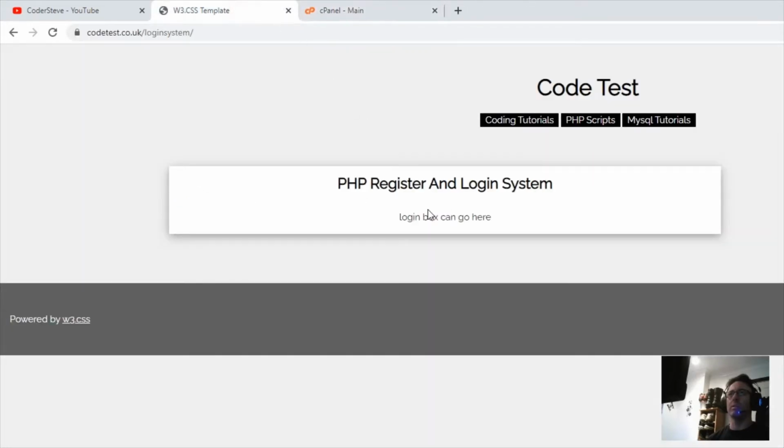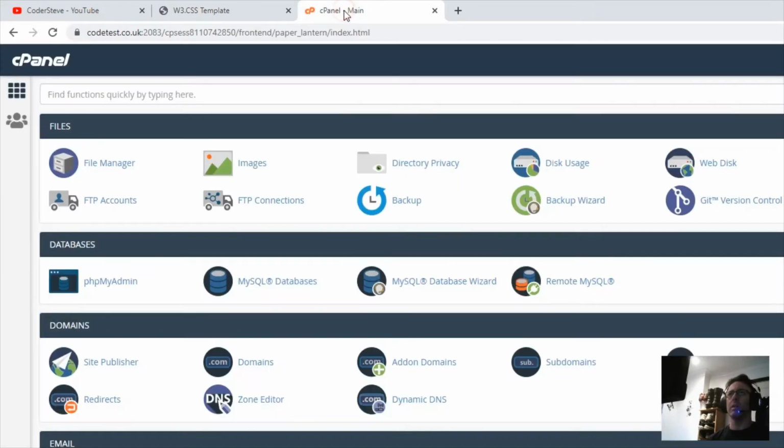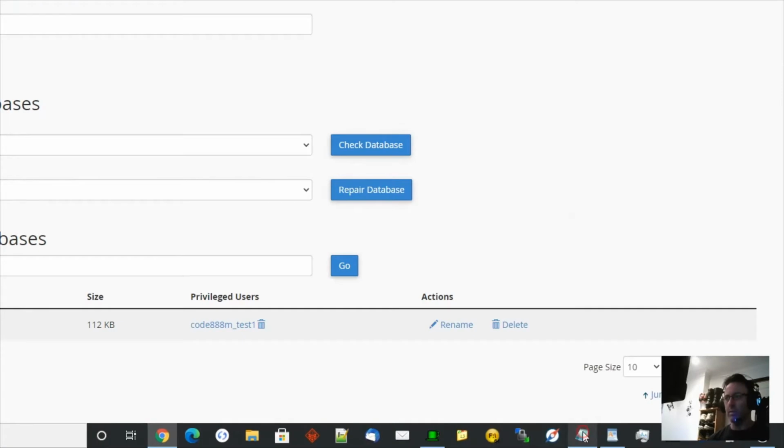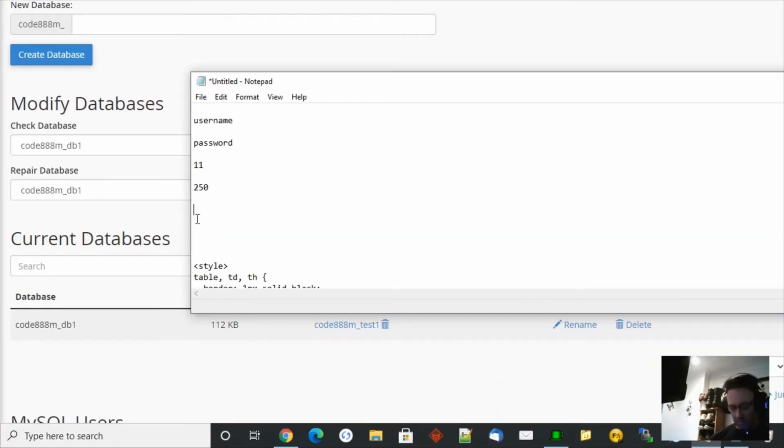So firstly, we're going to need a database to store the users that register and log in. You do this by going in your cPanel. You can create a hosting with someone and get access to a cPanel. And you go down and you click on this little tab here that says MySQL databases. So we're going to click on that and we're going to create a new database, and I'm going to call it something like